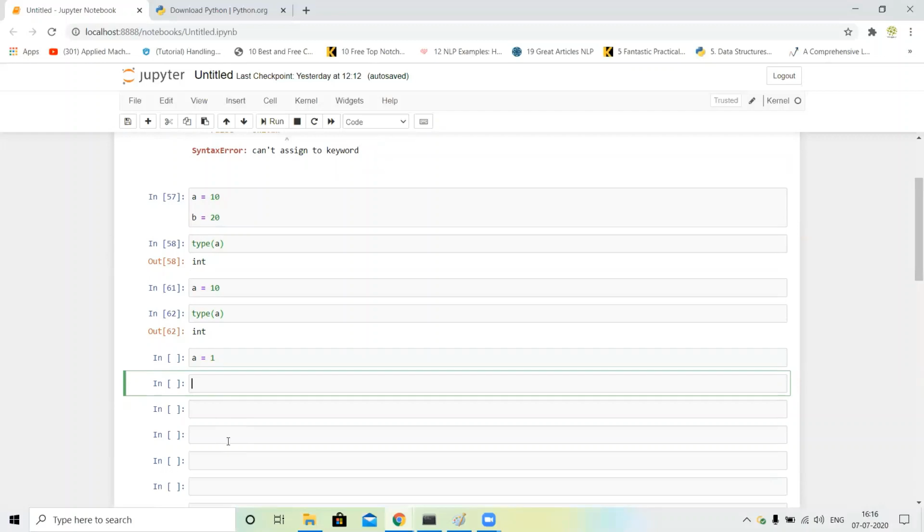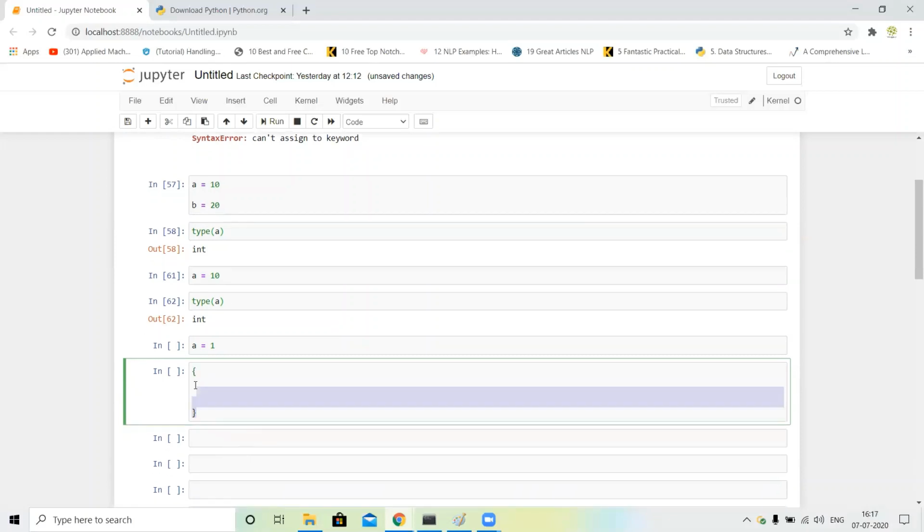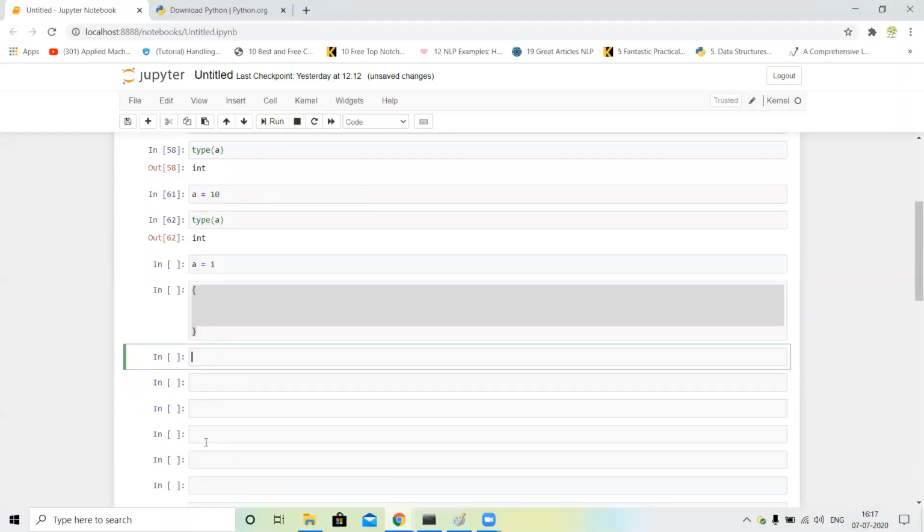Next, Python indentation. Most programming languages like C, C++, and Java use braces, but in Python we use indentation. For example, we write for i in range, sorry, range 0 to 11.